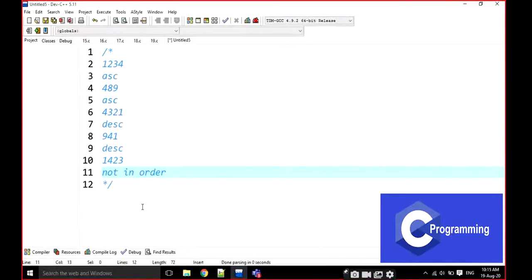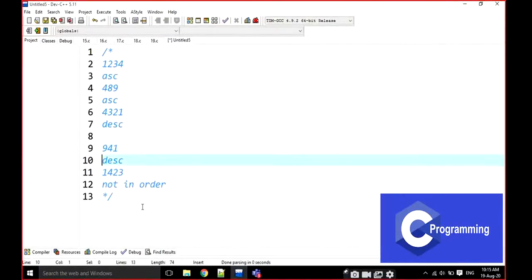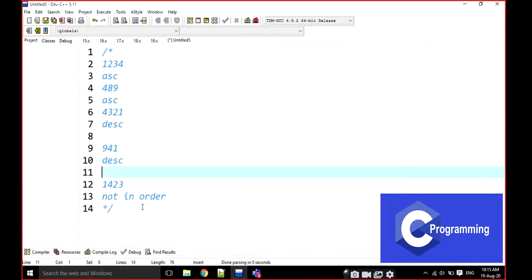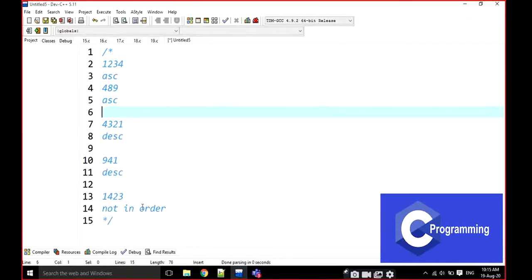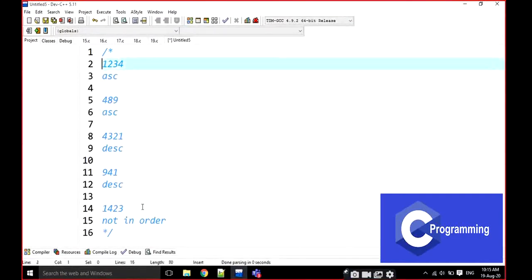Is it clear, everyone? My question: sometimes some students are not clear, this is the input and this is the output. If this is the input, this is the output. Is it ascending order or not? Don't print ascending order ten times.